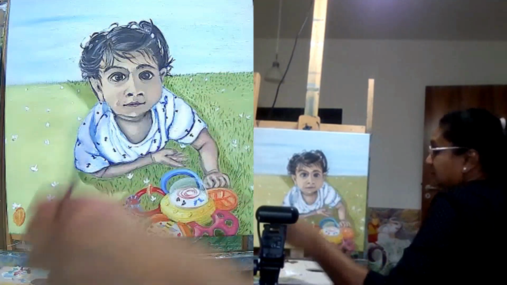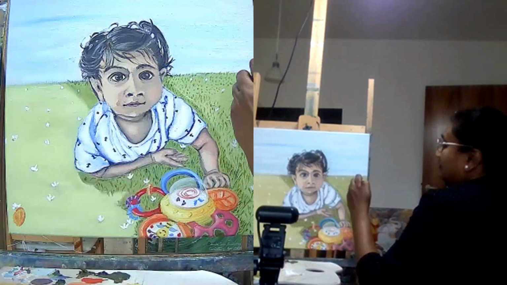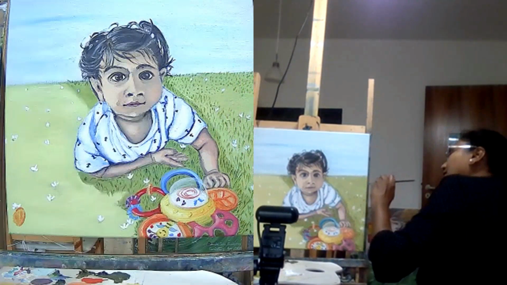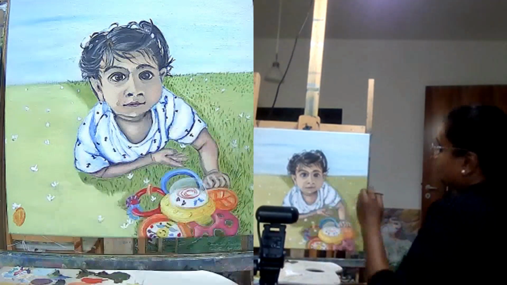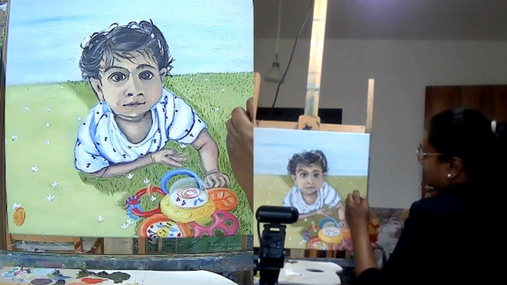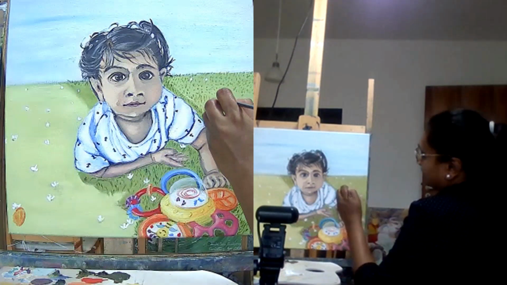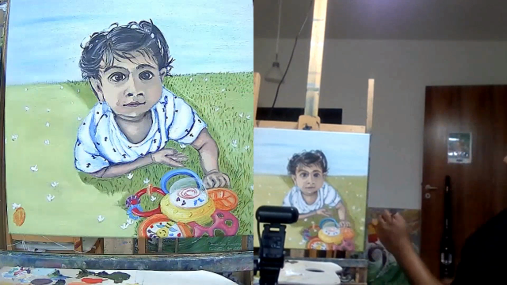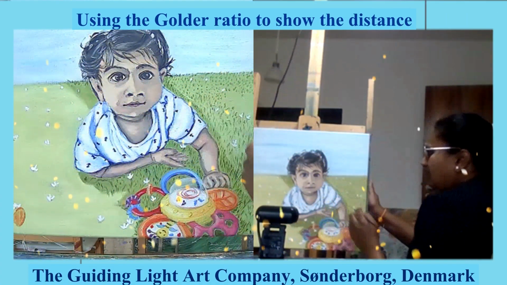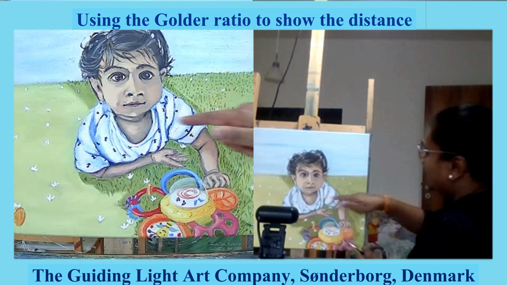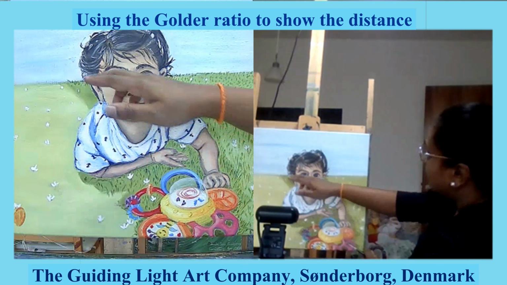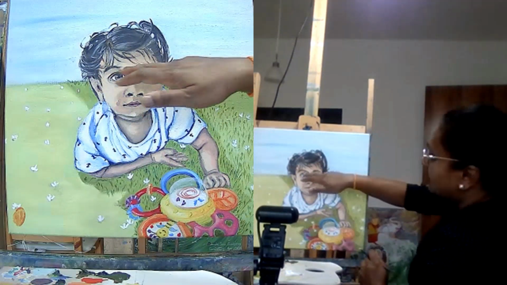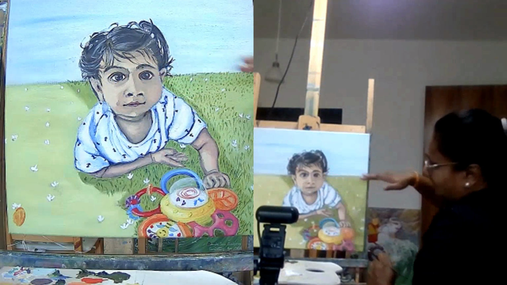So it's almost dots, morphing to look like the grass on the top. But you look at the way it starts appearing. To be honest, when we did the golden ratio, I think this is the line that we used, the top line that we used for her eyes, and we decided that will be the horizon.